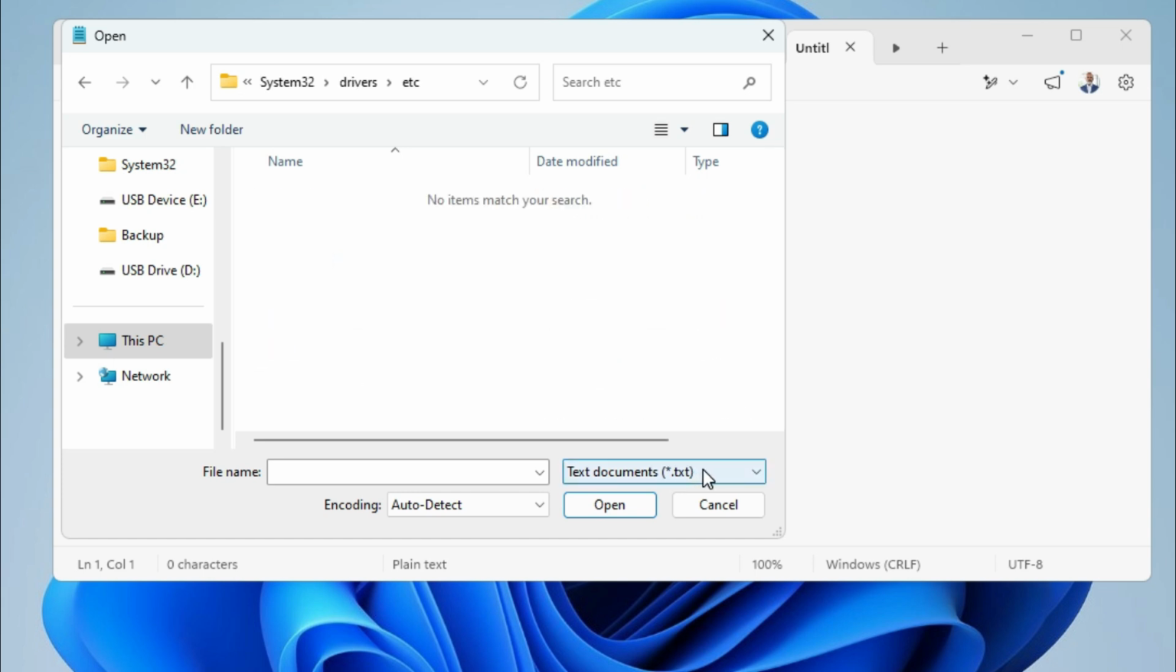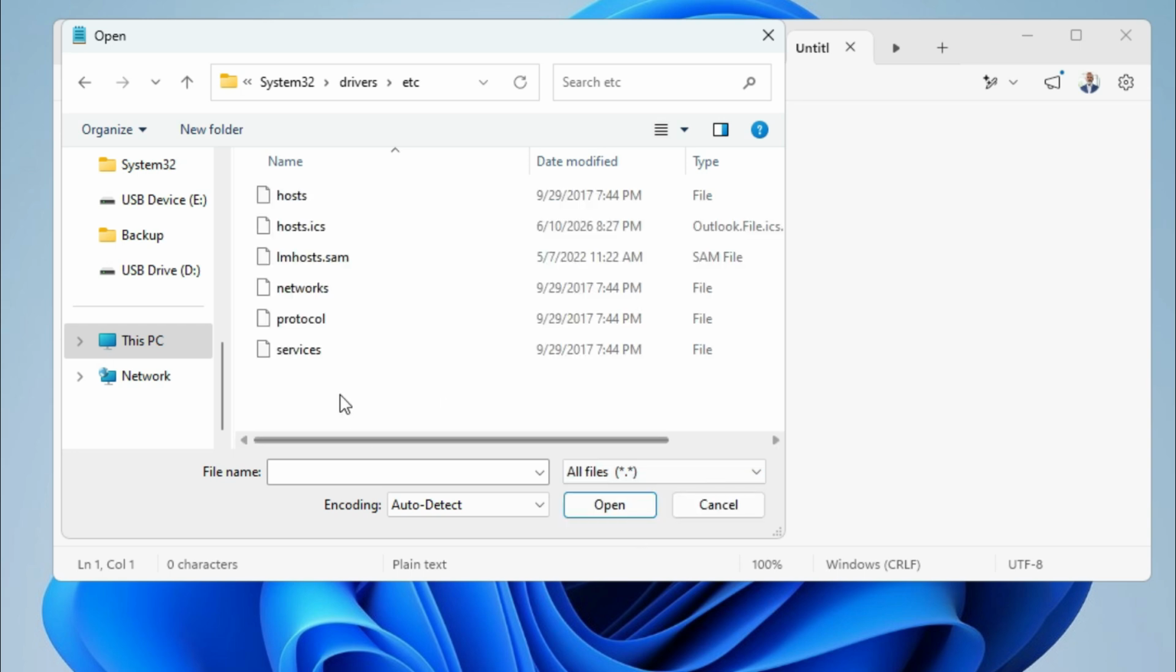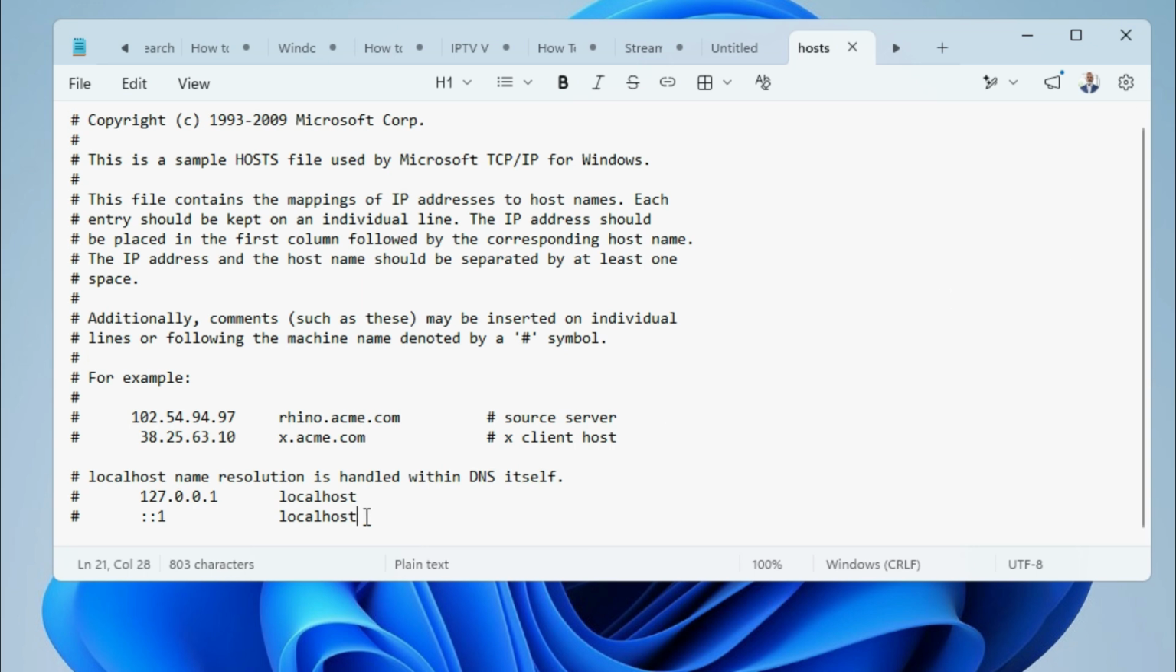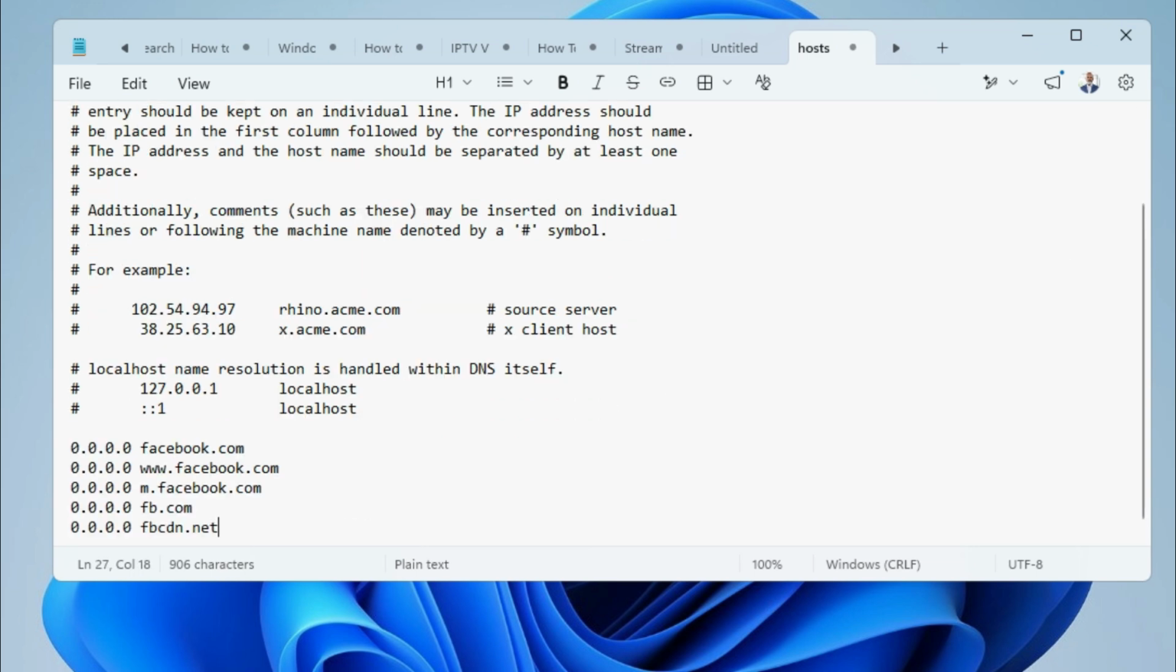In file type, click on the drop down menu and select All Files. Here you will find hosts file. Select hosts file and then click on Open. Keep your cursor below of this page and then type